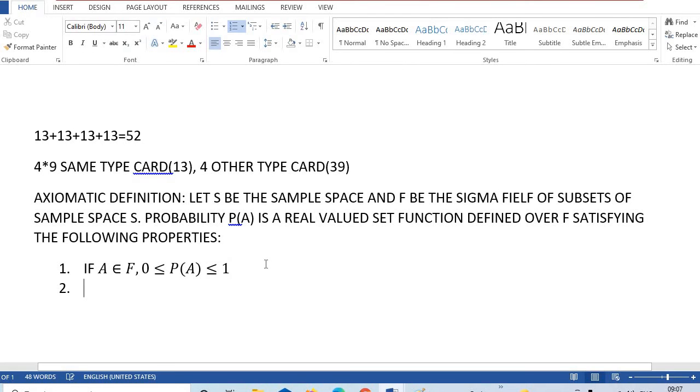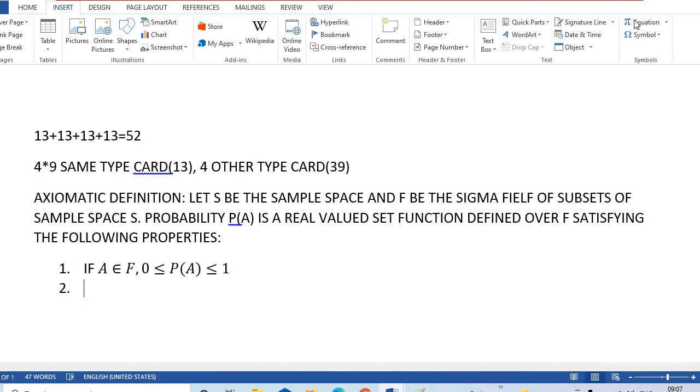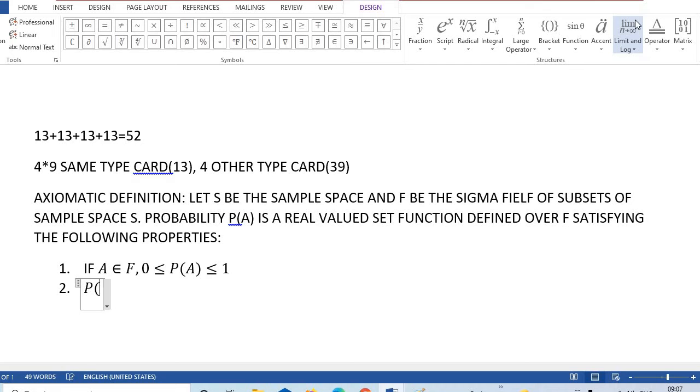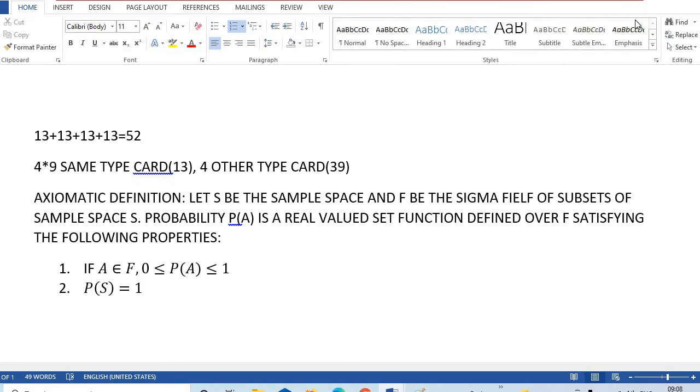That is the first axiom. Next is E of S equal to 1. Third one is if